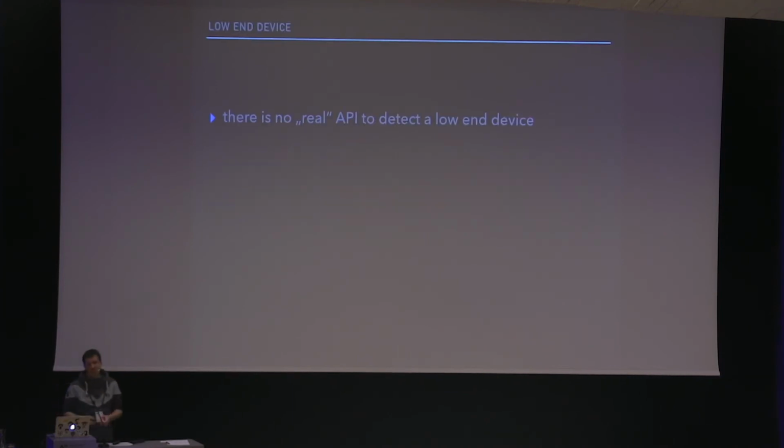Well, unfortunately, there is no real API that says you're on a low-end device or a high-end device. Probably because that would cause a lot of discussion of "I am not a low-end device, I'm a high-end device" or something like that. Well, you can get this information by looking into various other APIs, like, for example,